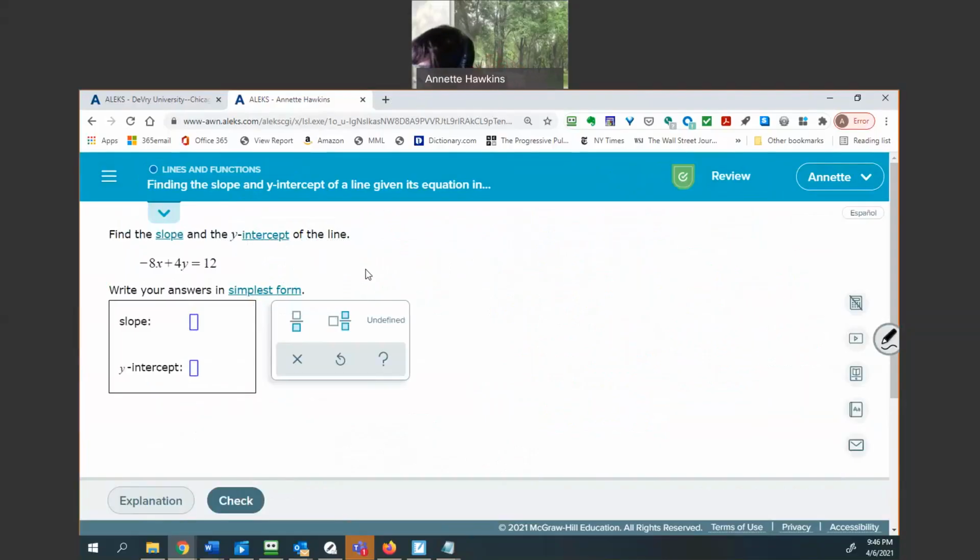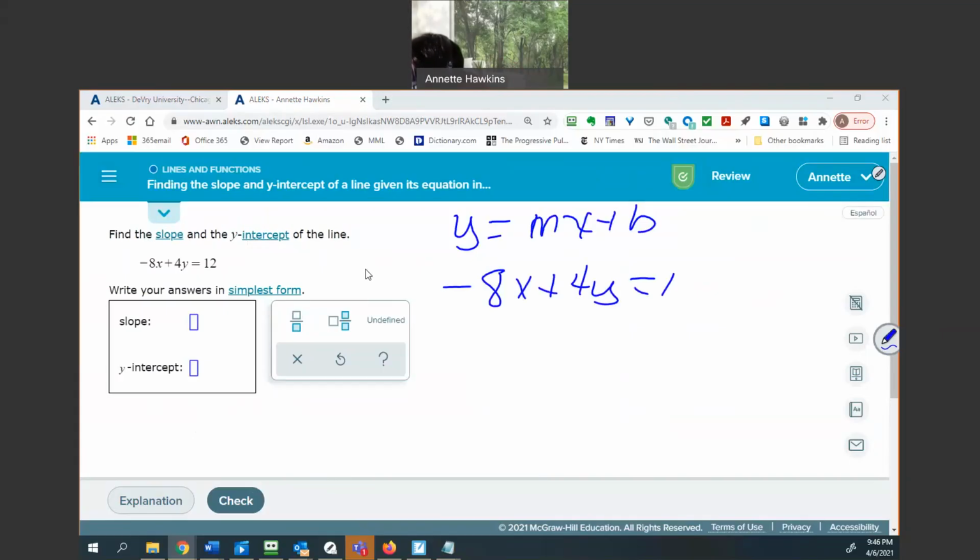Now this is why we practice solving equations, because we knew we were going to have to do this. So we know that the slope-intercept form is y equals mx plus b. So we need to solve this equation for y. If you remember about solving equations,